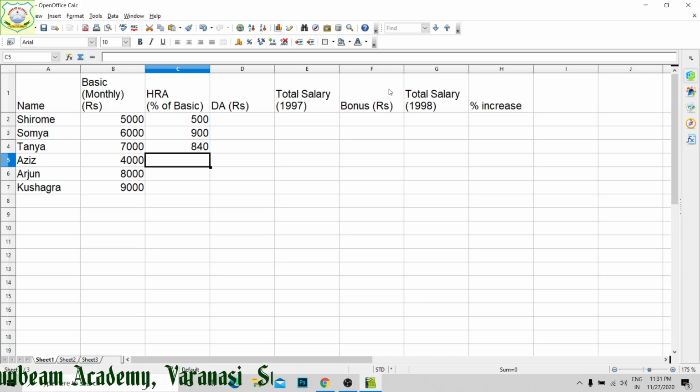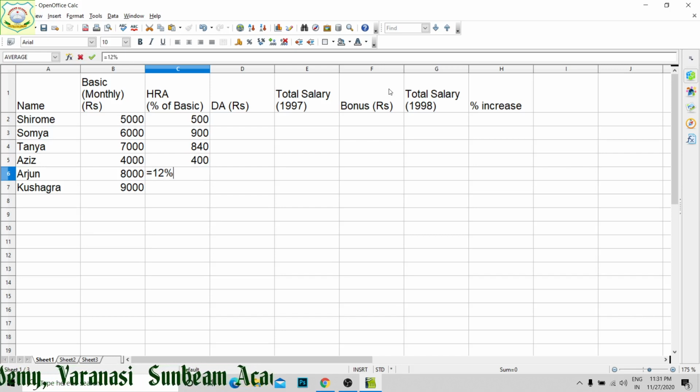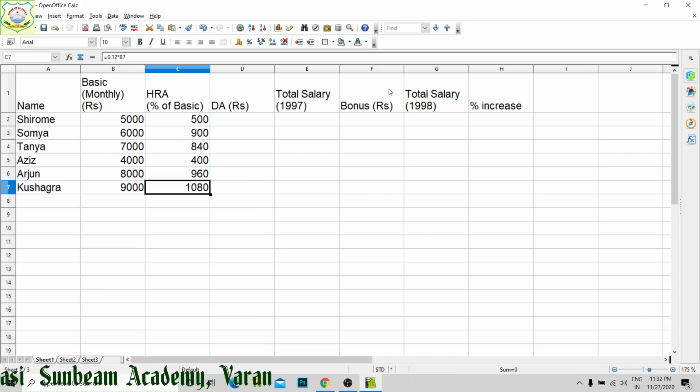Then 10% equal to 10% of B5, right? Then 12% equal to 12% of B6, equal to 12% of B7. This we have done, right?